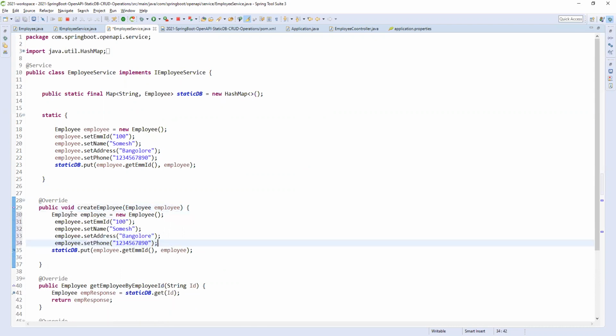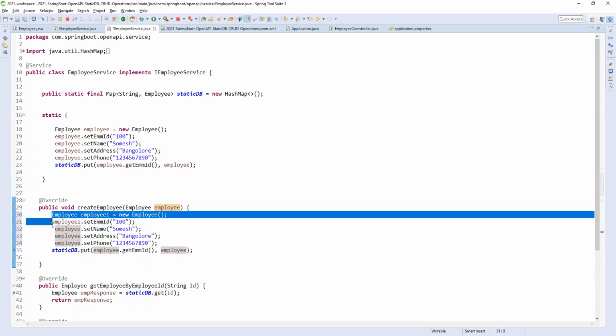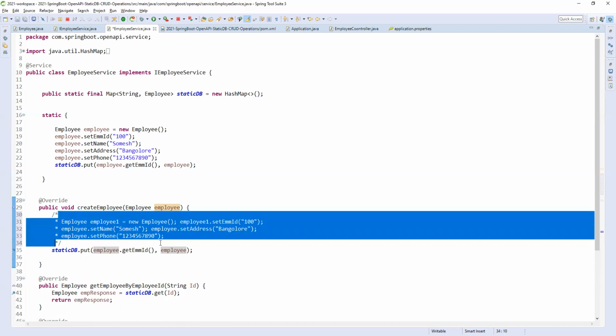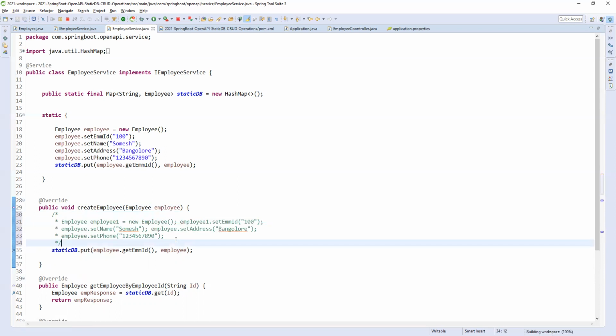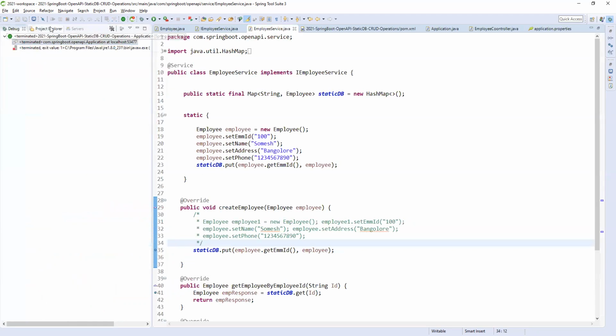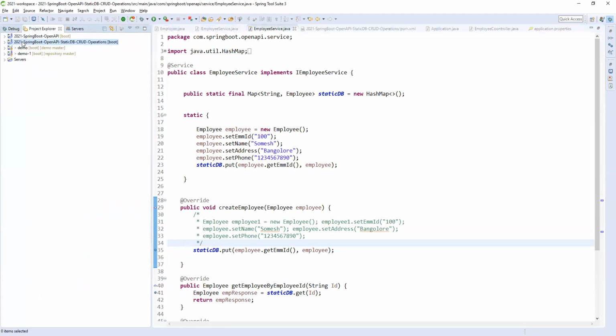We need to create an object here, right? Employee one, so employee one dot set, right? Employee one dot set. Instead of copy, I think we can put. Okay, maybe no. I will check before creating. Okay, we will check why it is not coming. Let me run it. Sorry. Okay, that's fine. I'm running again in debug mode.